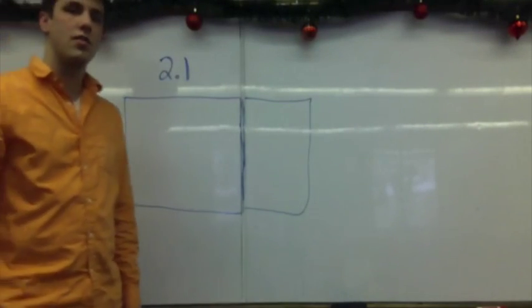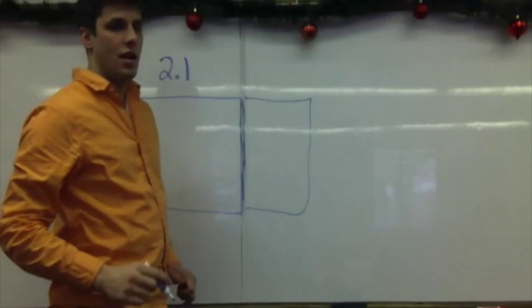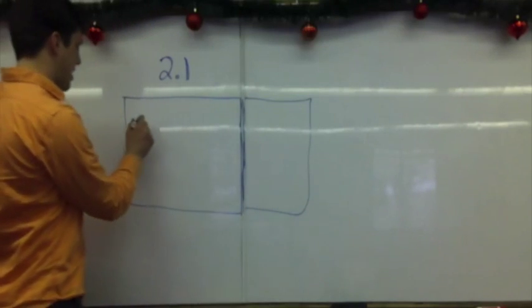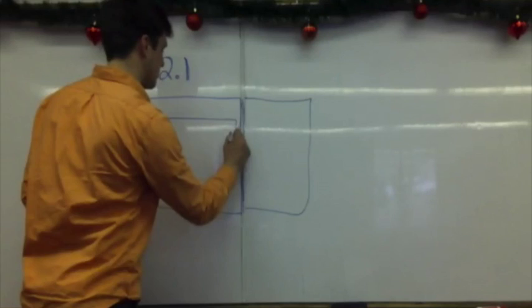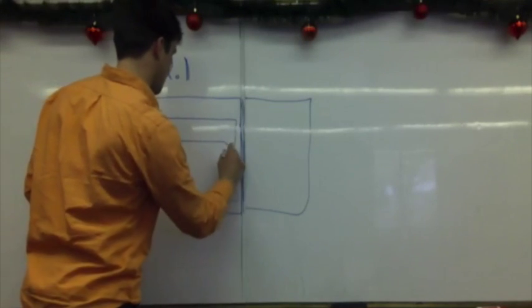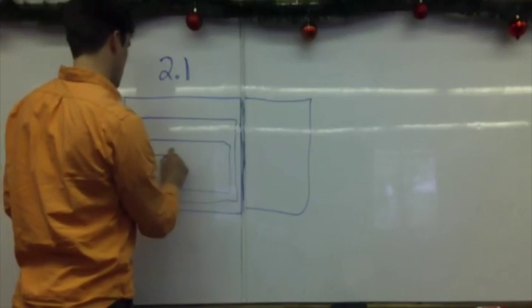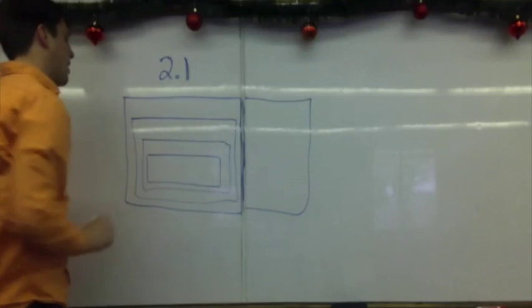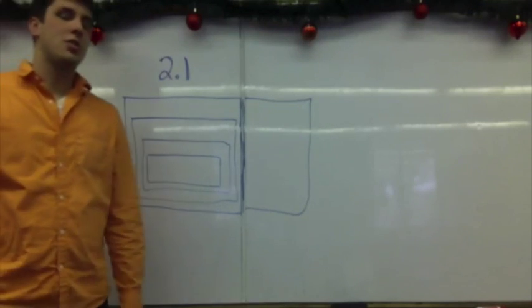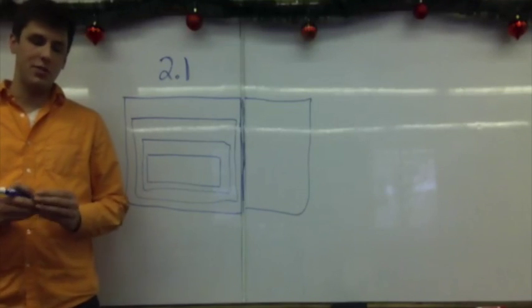So you have the chart divided into two sections, and then within this section, you have three more rectangles. All right. So the innermost rectangle, and this is the most basic form of number that you deal with, is